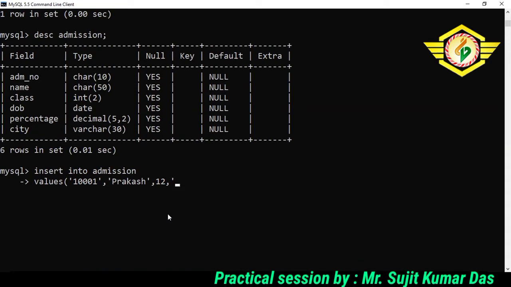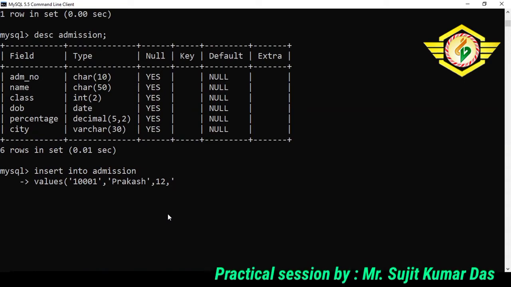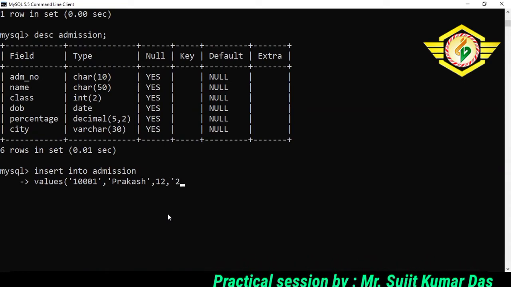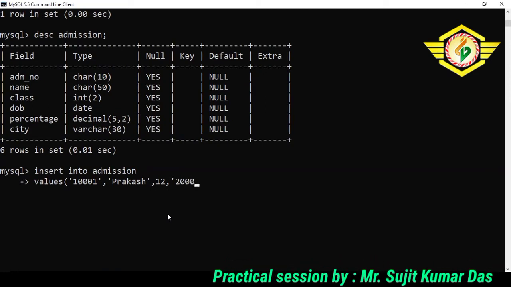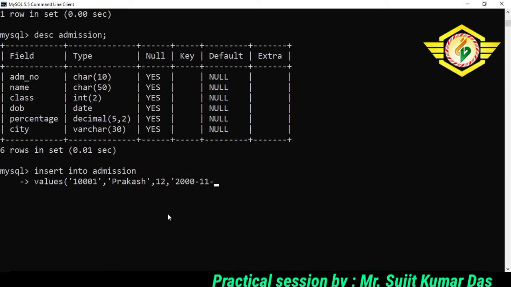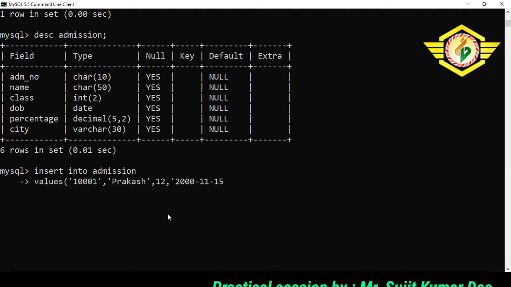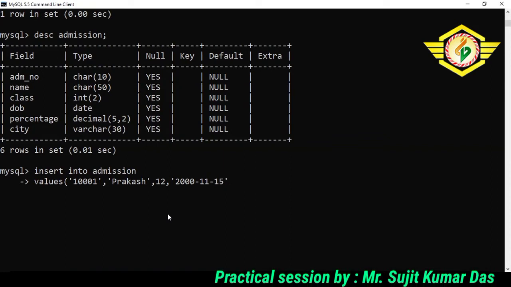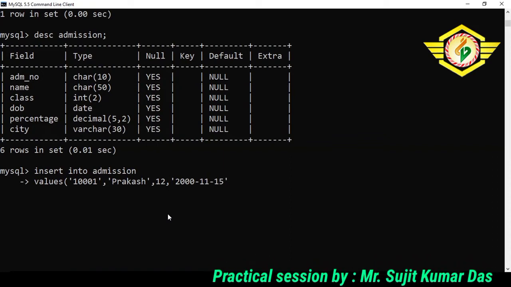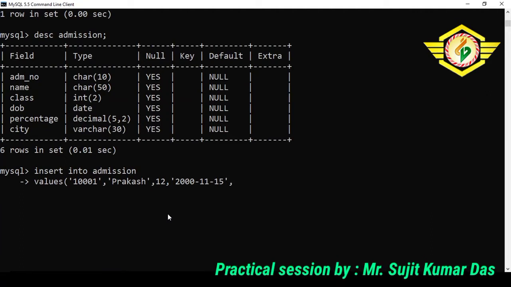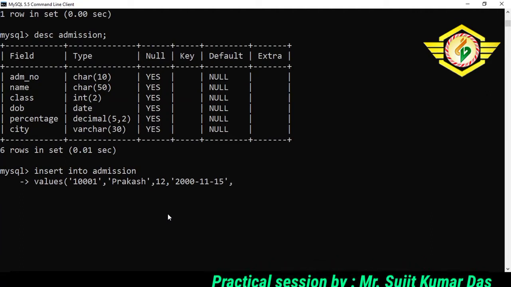Let us give it suppose 2011, 15. Okay, this is the date of birth. Now we have percentage. It is a numeric field, so it will not be enclosed inside single quotes.